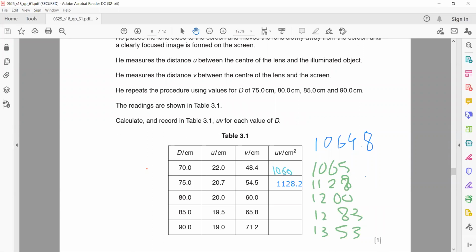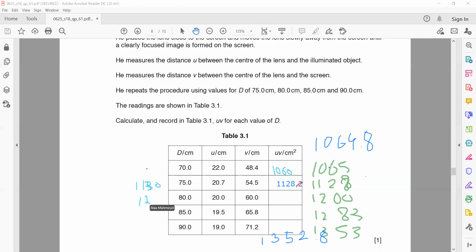So when you check, for example, the first value I'm getting is 1060 and the second value is 1128.2. So this one I have 4 significant figures, the other one 5, but I should have an equal number of significant figures in one column. It's not that all the columns should have the same number. In each column, the number of significant figures should be the same. So I should round this off to